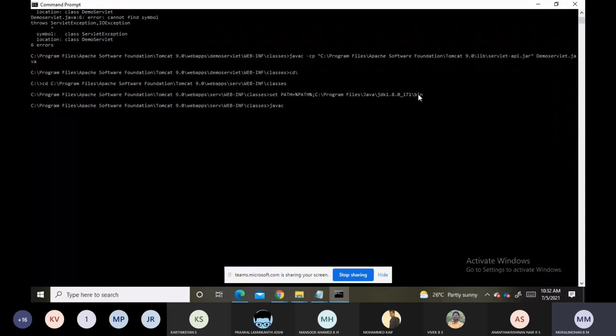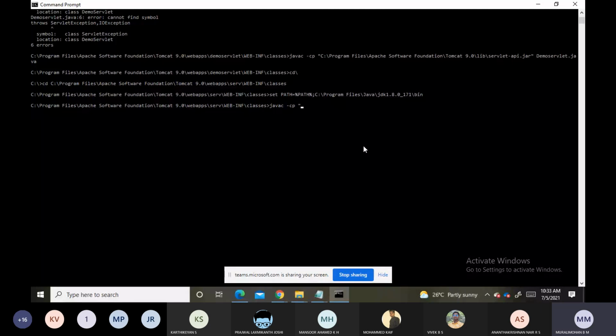The javac command is used to compile the Java program. So javac hyphen cp. This we will give to place the class file inside the same folder, that is inside this classes folder. Javac hyphen cp space, open double quotes.